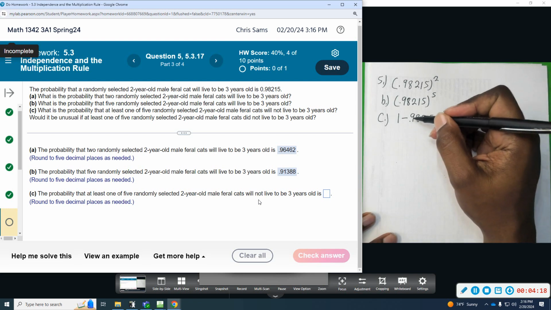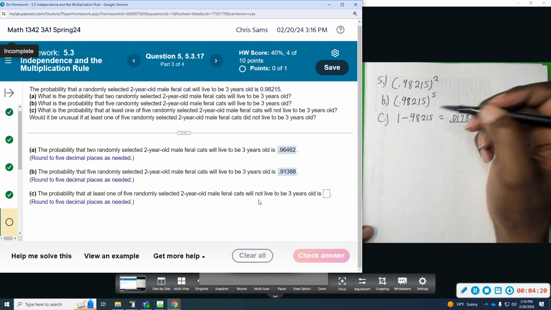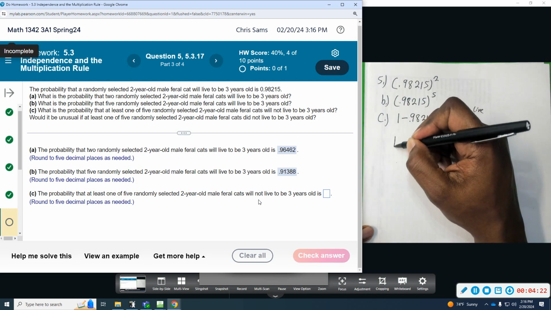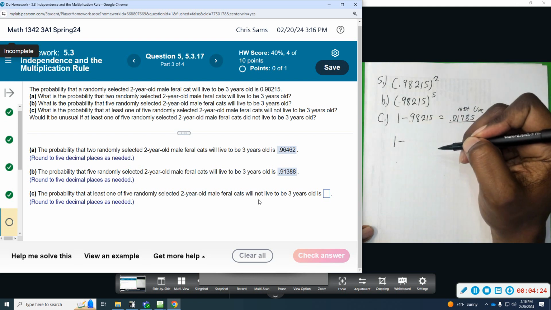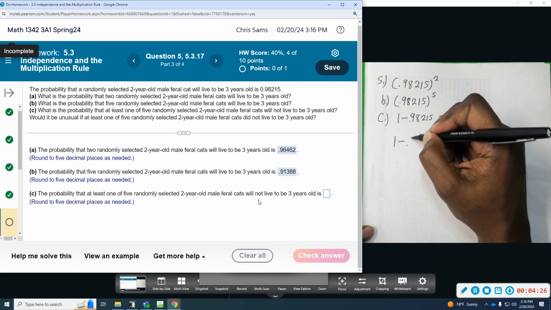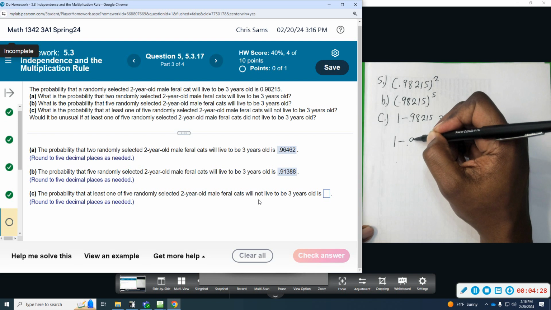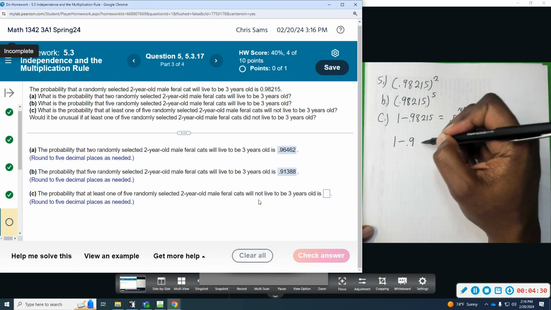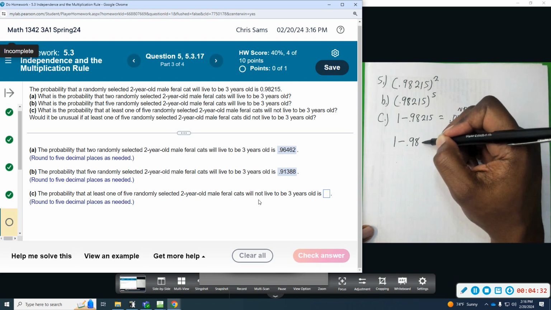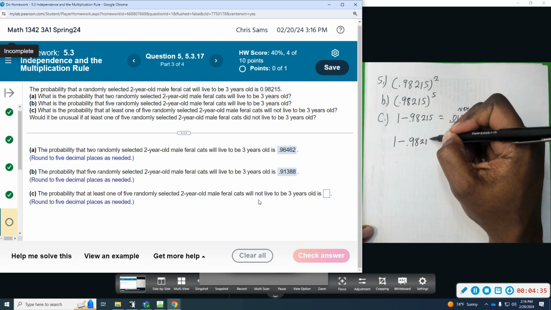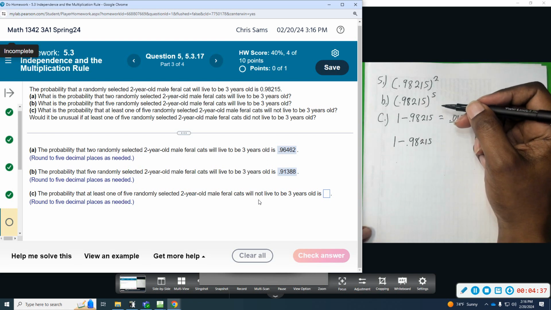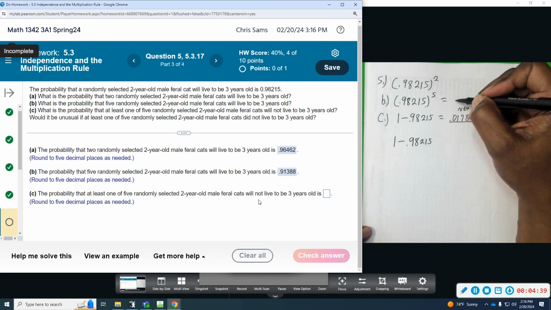So the probability that at least 1 will not live is 1 minus the probability that they all live. If you take away the chance that they all live, you'll get the probability that at least 1 will not live. Okay, so this is the same probability that we just computed in part B, where we got